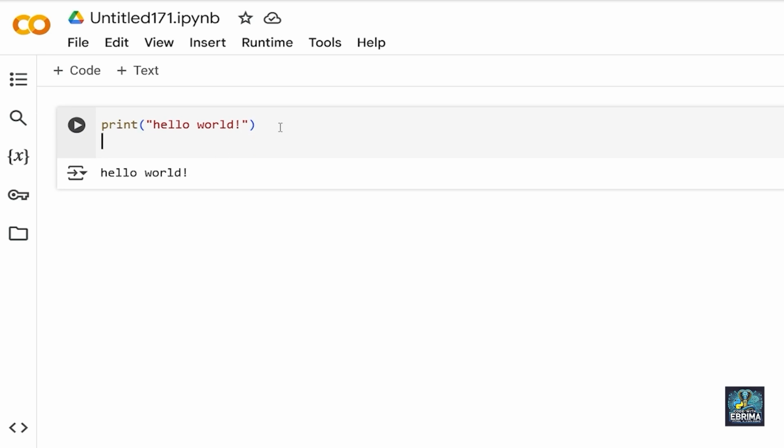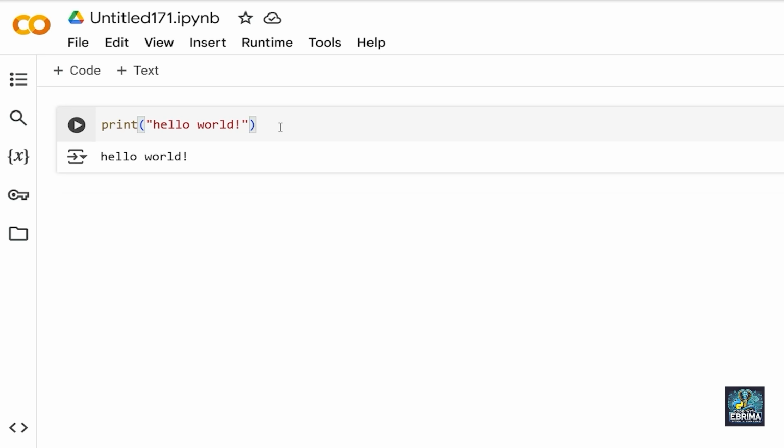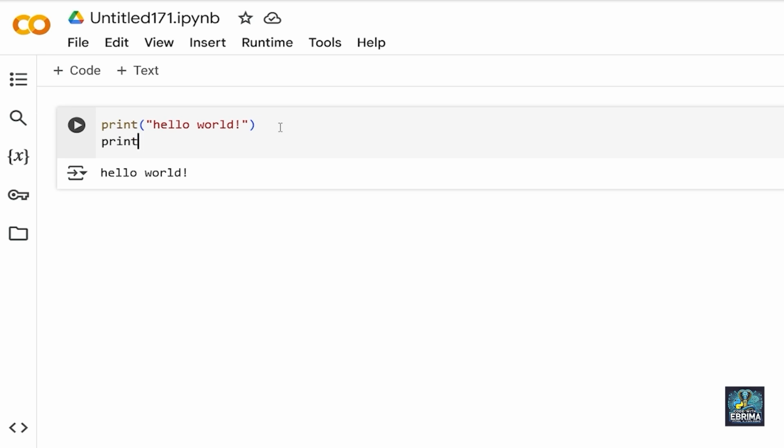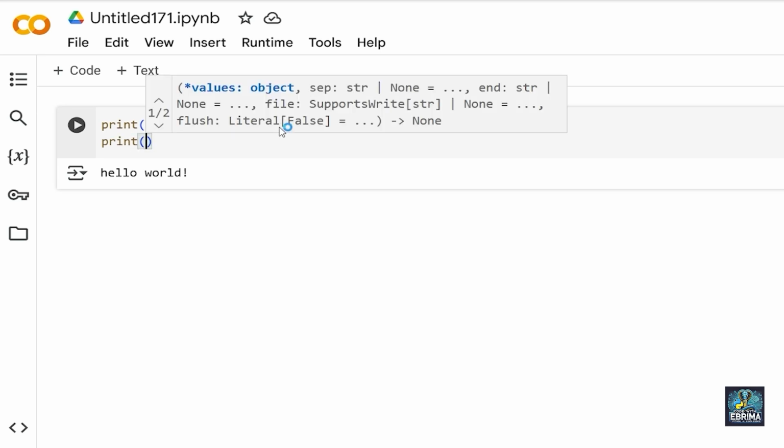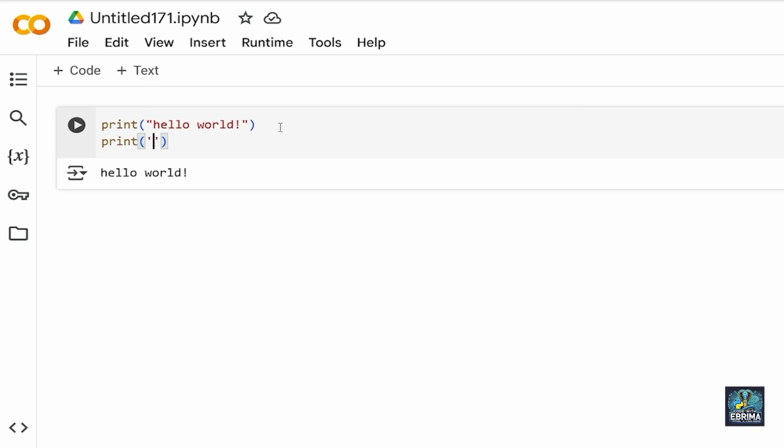Now let's come again. I press enter to go to the next line, and I'm going to type again print, bracket open, bracket close. This time I'm going to put it in single quotes. I'm going to type hello world also with an exclamation mark, and now I'm going to run it again, and you can see hello world. So this is your decision for now. You can put it in single quotes or double quotes. However, we will talk more about this later on. For now, let us just know it this way.